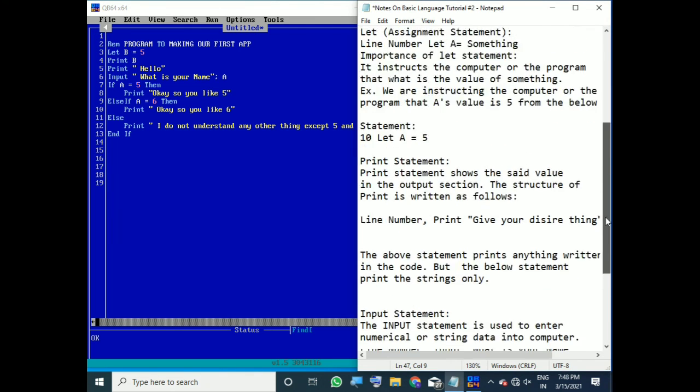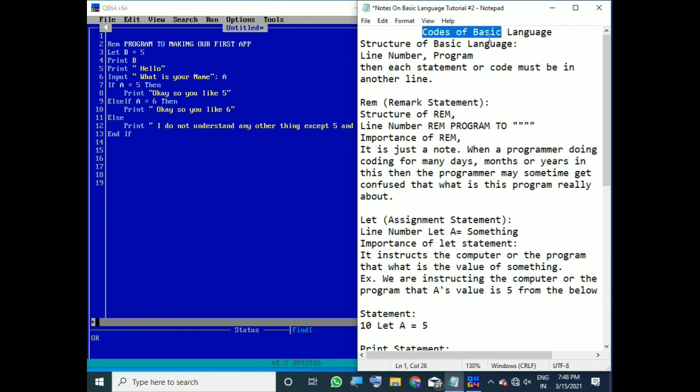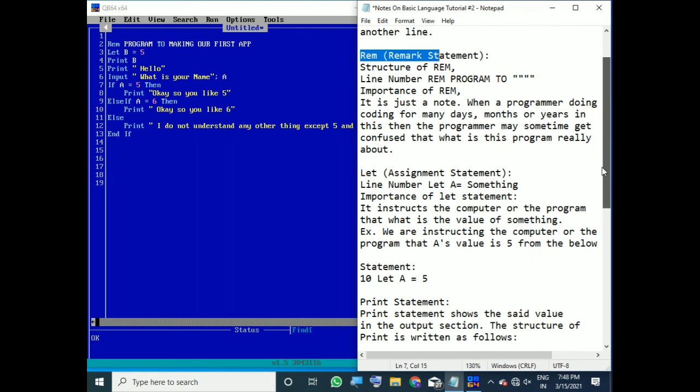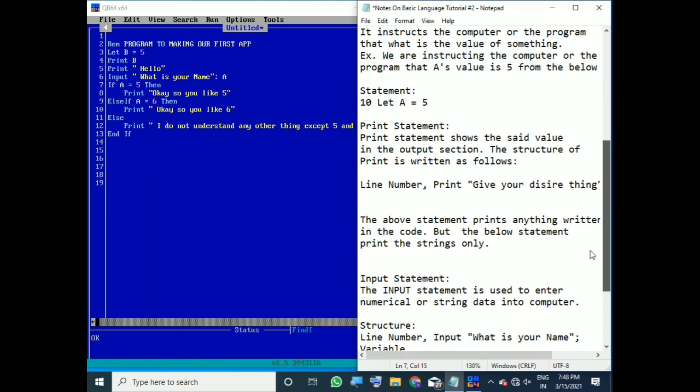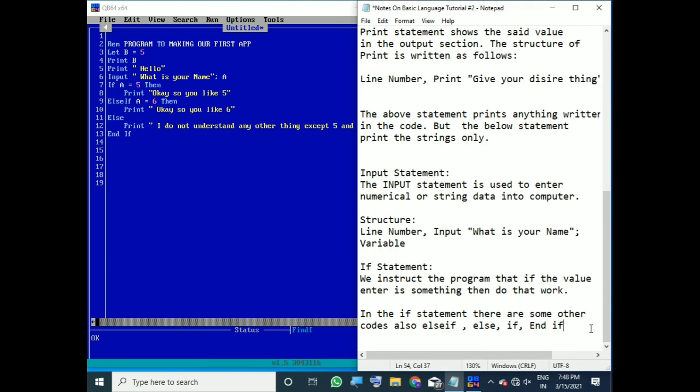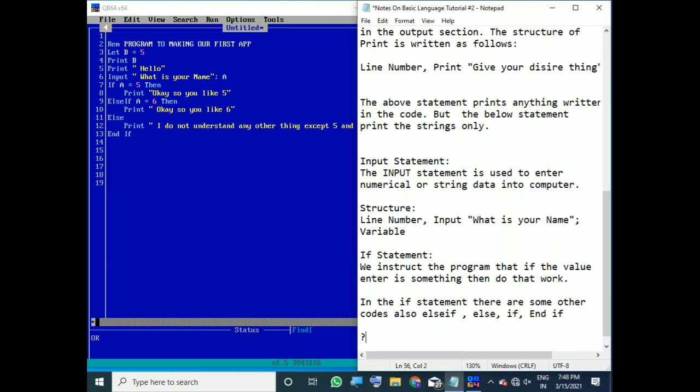So I hope that you have understood the codes of basic language, which is the structure of the basic language: rem statement, let statement, then print statement, then input statement, if statement, and then let's write another thing, which is the end statement. Okay, so end statement.